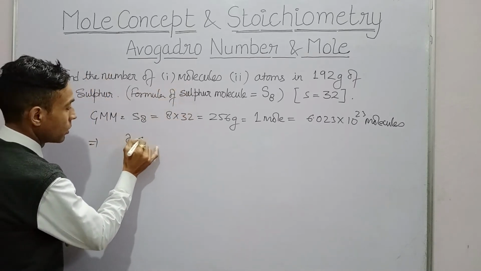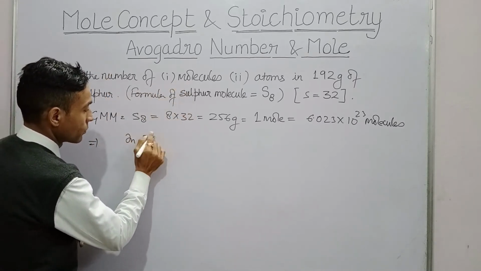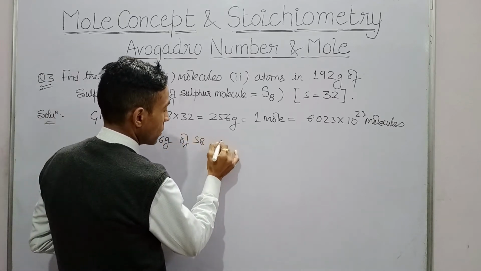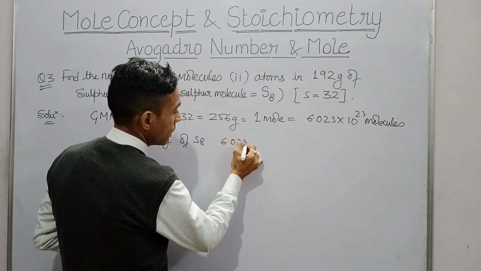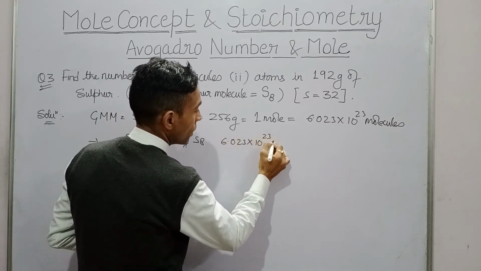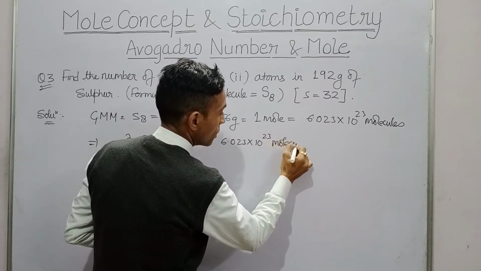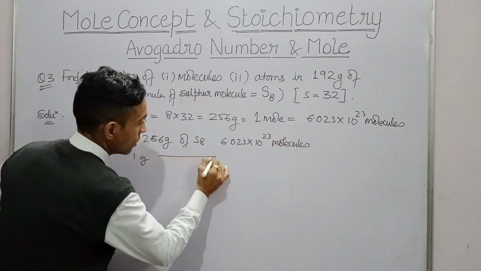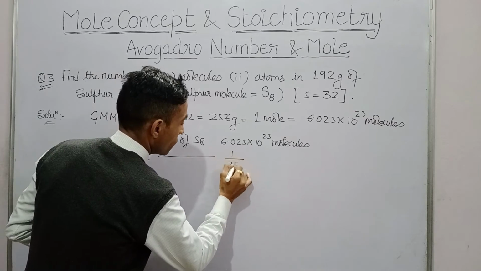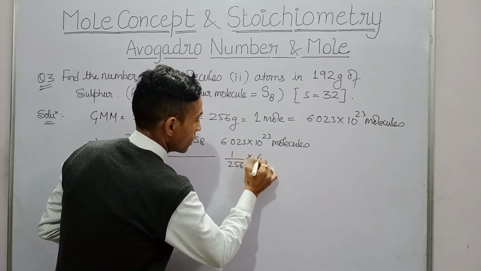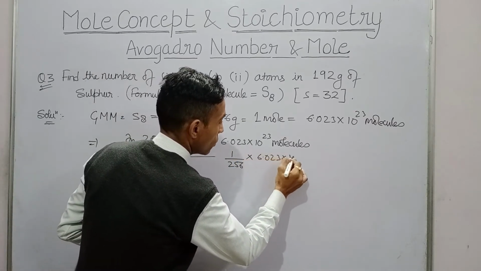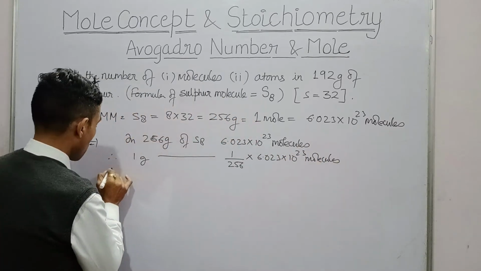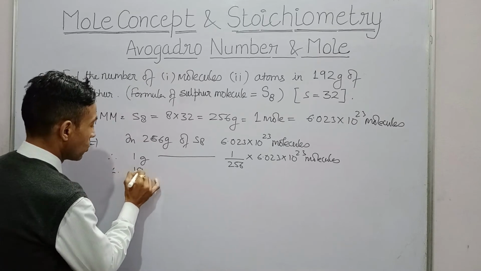So in 256 gram of S8, 6.023 into 10 to the power 23 molecules are there. Therefore 1 gram has 1 upon 256 into 6.023 into 10 to the power 23 molecules, and therefore 192 gram